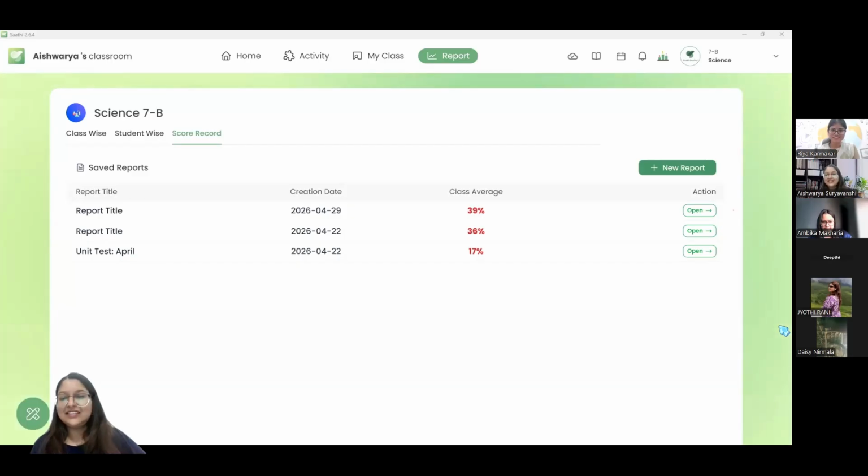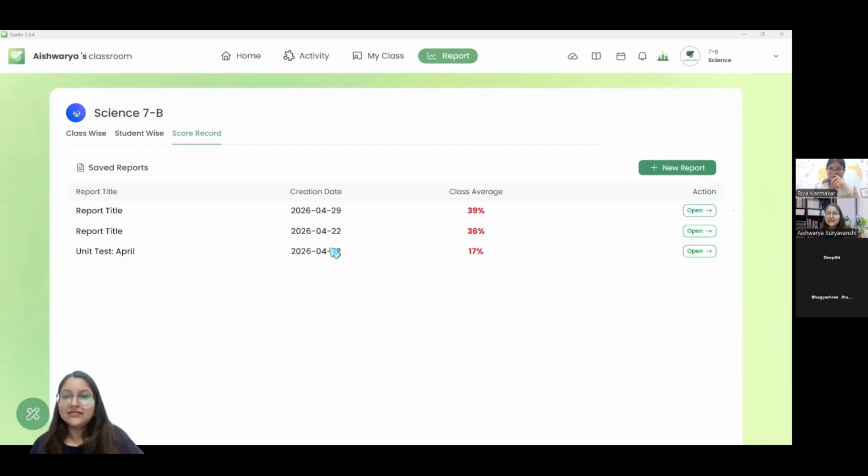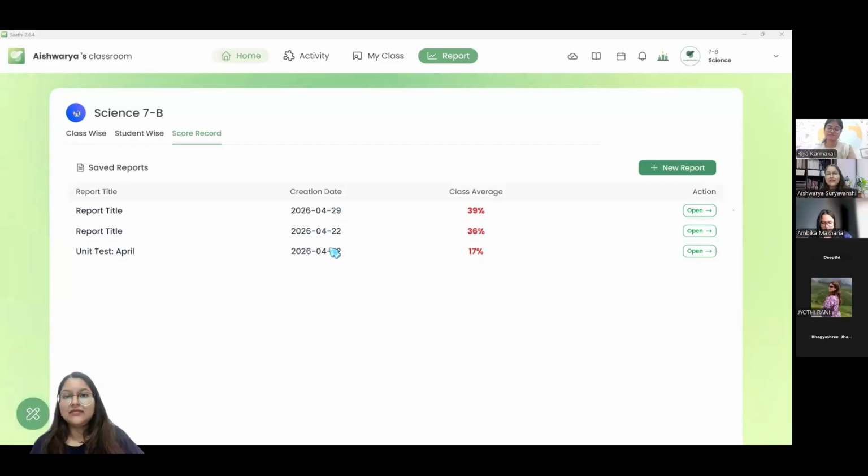Yes, excuse me, ma'am. I just wanted to know that the reports that we are creating, like you mentioned for lab practicals and Viva sessions, is it only for the subjects which are already there in the ClassSathi, or can we introduce it for any other subject apart from the ones which are already there?